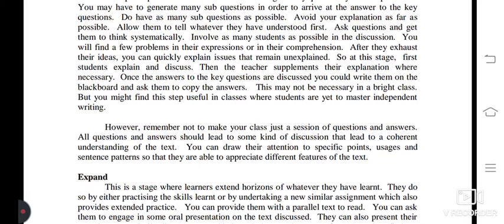However, remember not to make your class just a session of questions and answers. All questions and answers should lead to some kind of discussion that leads to a coherent understanding of the text. You can draw attention to specific points, usages, and sentence patterns so that they are able to appreciate different